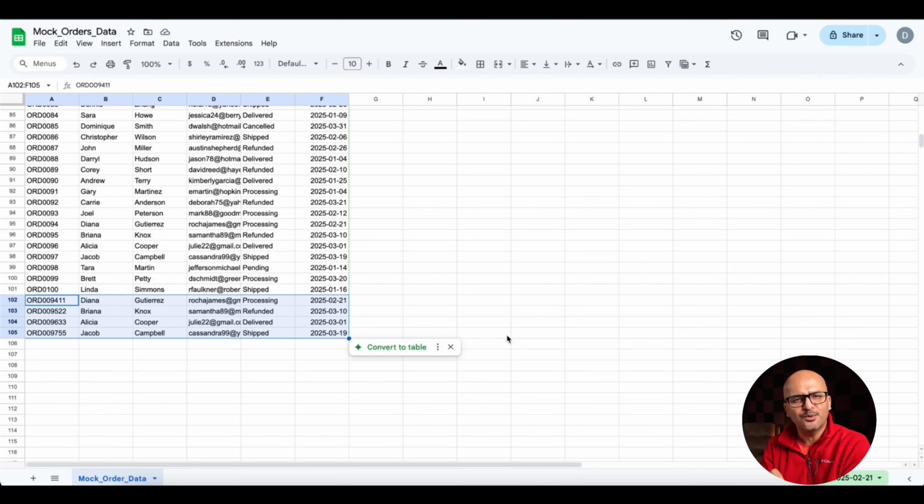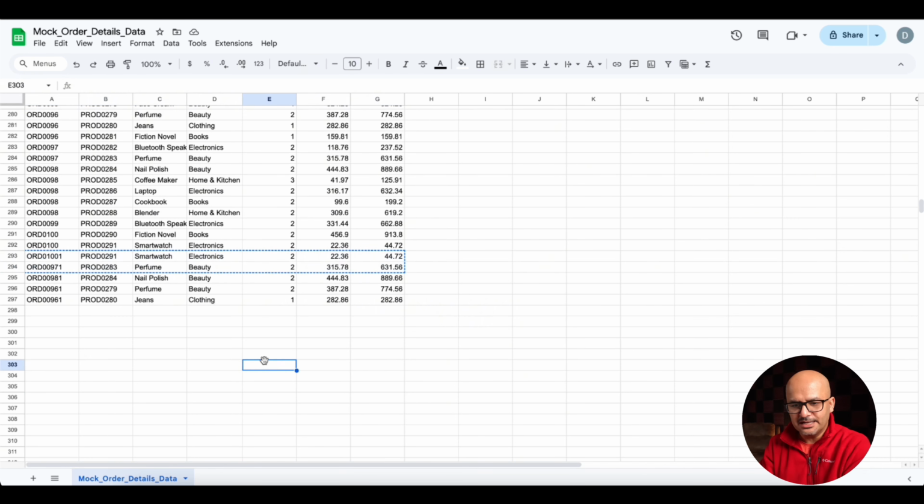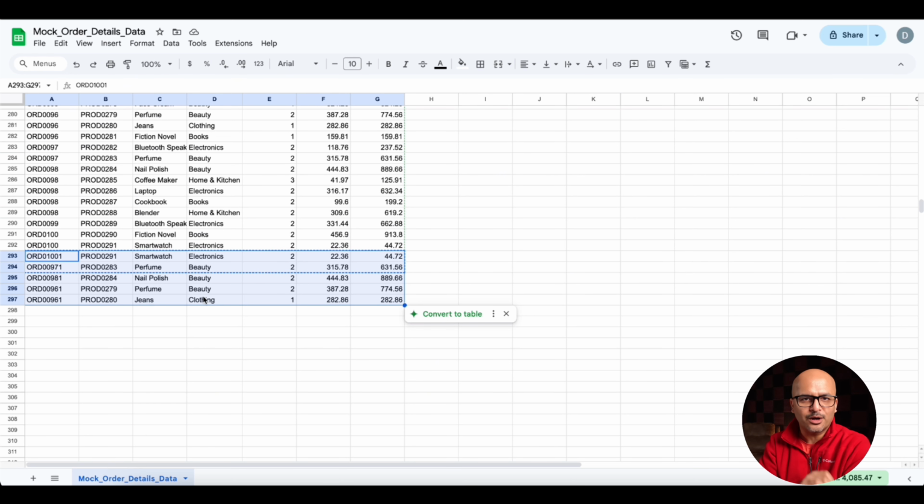In order to show you how the data would look in different order types, what I have done is, in our orders header sheet, I have added these 4 orders. These do not have any data related to them in the order detail sheet. So in the order detail sheet, I have added some random entries so that this data does not have any particular order ID corresponding to them in the orders header data.